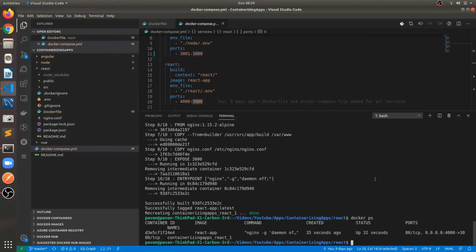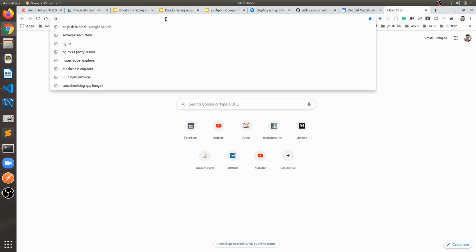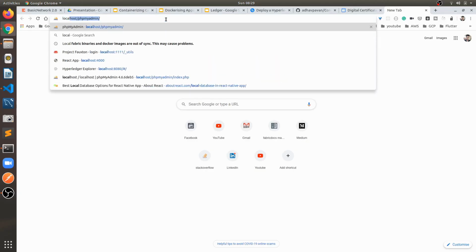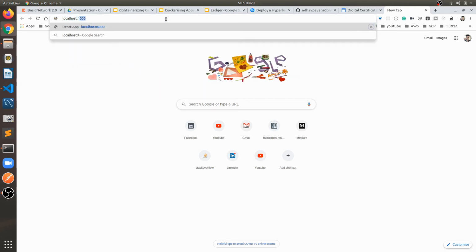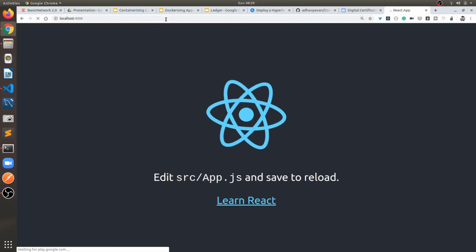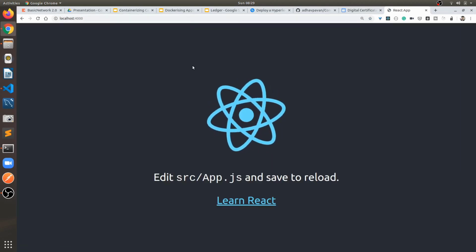Now we can hit localhost:4000 so that we can access the containerized application. In this way we can access the containerized React application on the exposed port.